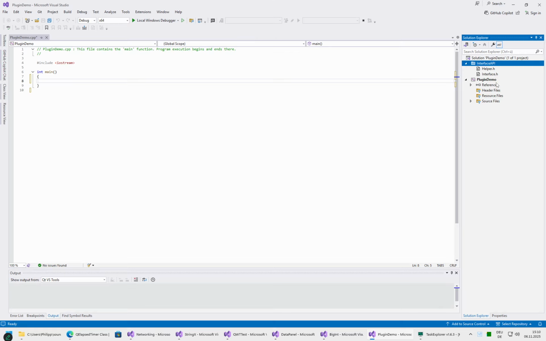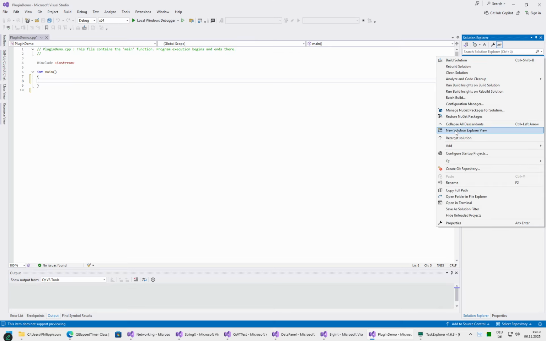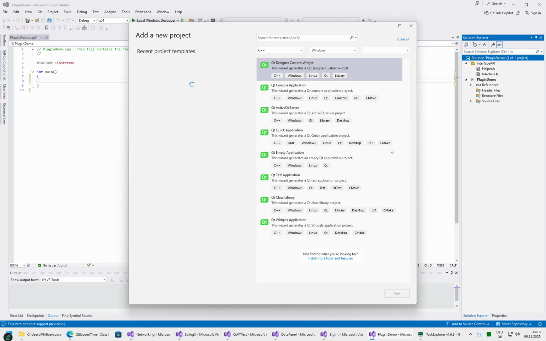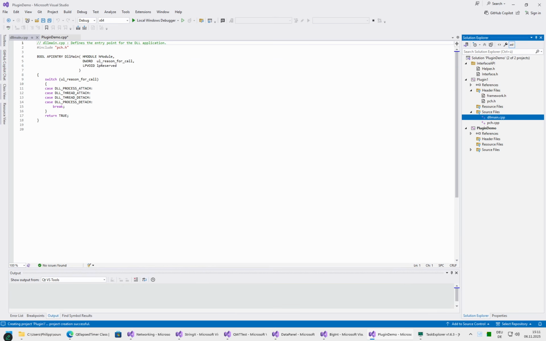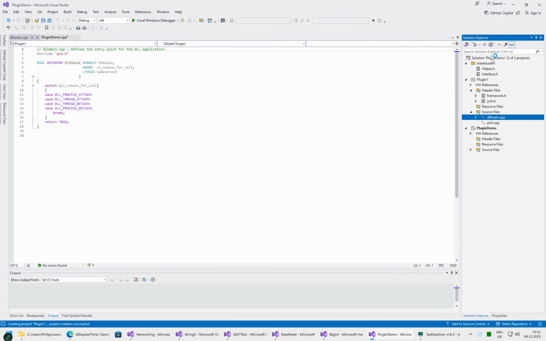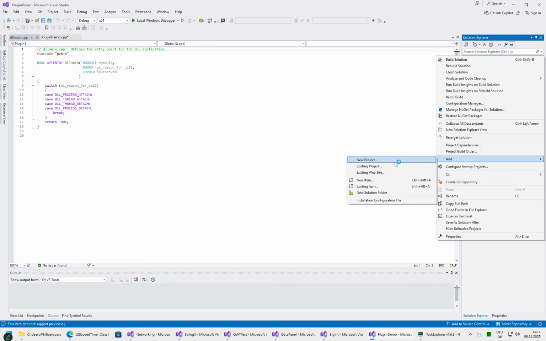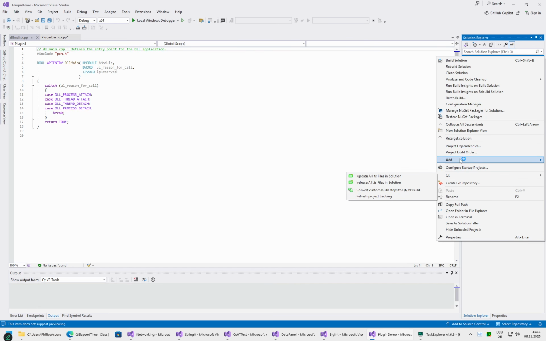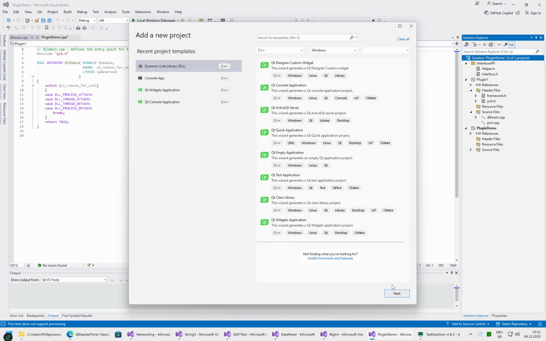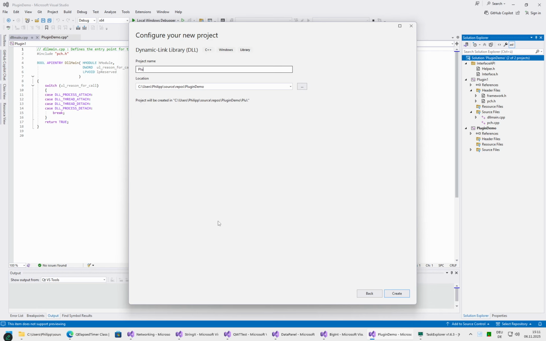Yeah, and then of course we need one or two plugins, so we will add a new project. Now we use a dynamically linked library. Next, and let's call it plugin 1, and the other one will be called plugin 2. So as you see, when we create a DLL on Windows with Visual Studio, then it creates a few more files than for a normal project, but they are not that full. So plugin 2,